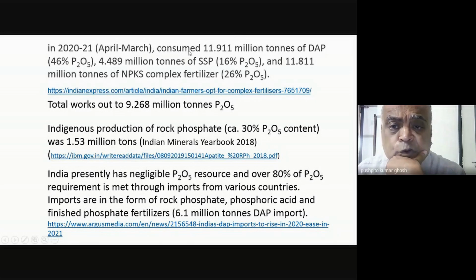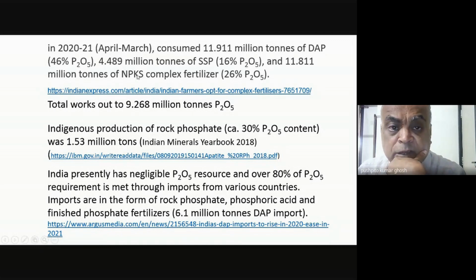We consume diammonium phosphate. Basically, it's the product of two ammonia and one phosphoric acid. Diammonium phosphate, 11.9 million tons. Another fertilizer called single superphosphate, 4.5 million tons. And not only that, another 11.8 million tons was consumed in the form of complex fertilizer, which is NPKs, all